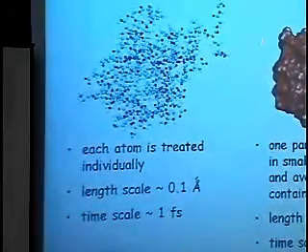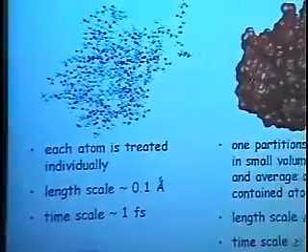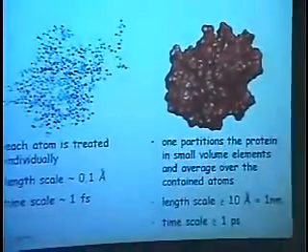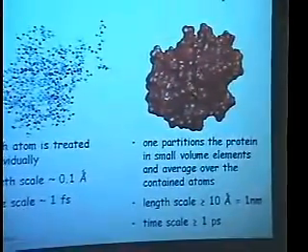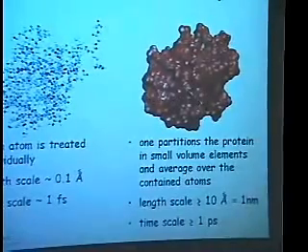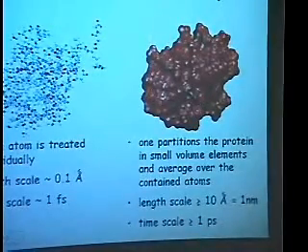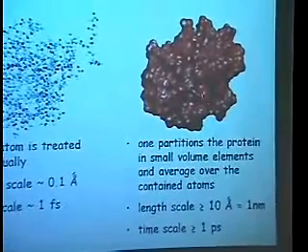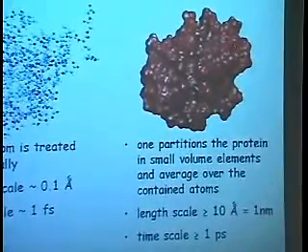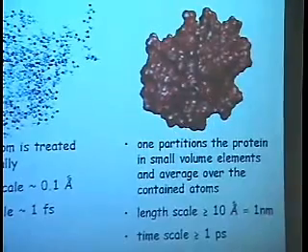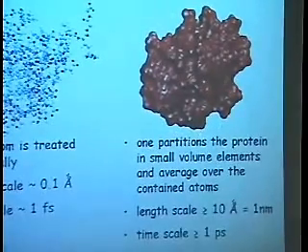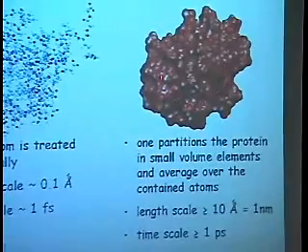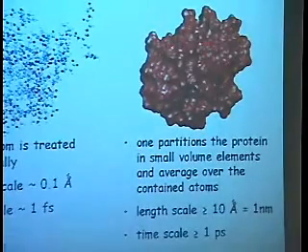Now, if we go to a mesoscopic description, here I'm cheating a little bit in the sense that I'm representing the same protein but with the surface representation. What I want to symbolize is that I don't really care about each individual atom. I assume that I really have a continuum, a highly irregular body which can be treated as a continuum medium.